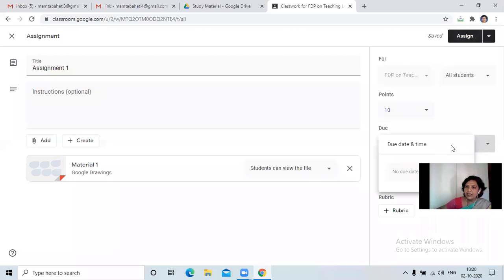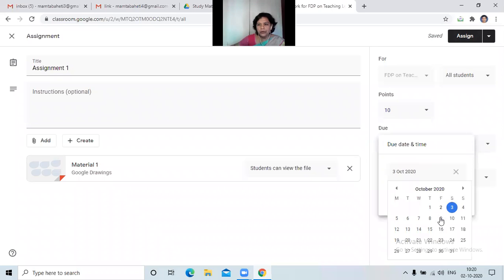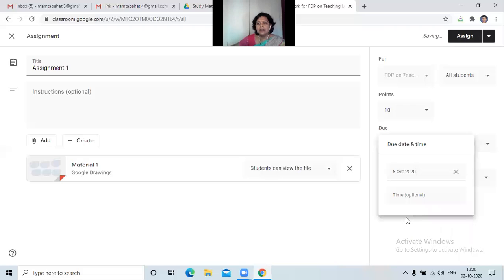The second way is if I select due date and time. Suppose I'll be posting it today and the due date is tomorrow, or I'm giving the date some more days. Then you can set the specific time, that up to 5 p.m. or up to 4 p.m. you have to submit the assignment, then you cannot do it.